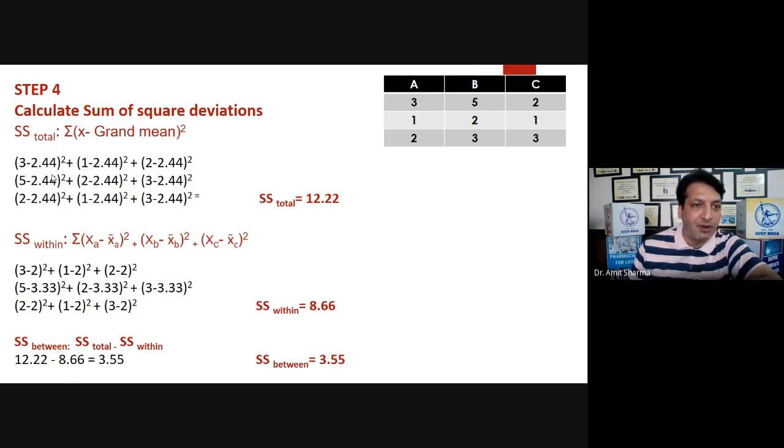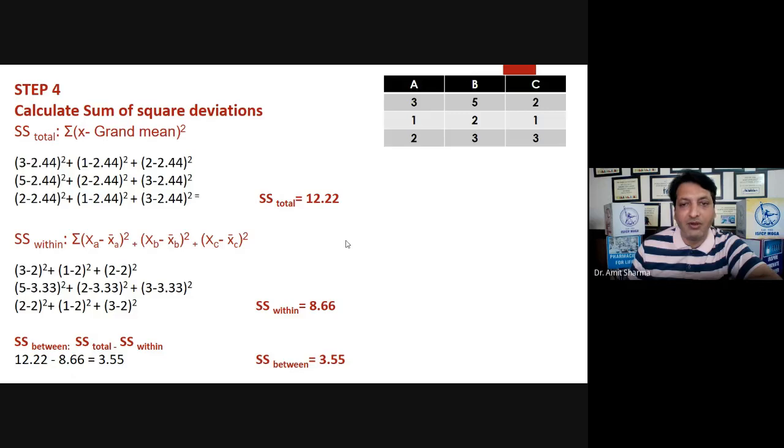So this formula will be applied. For example, if we have 9 observations, 9 times we have to run these steps. So with the calculation, I have already calculated SS total, which was found to be 12.22. SS within was found to be 8.66, and SS between, by using this formula, SS between is equal to SS total minus SS within, that was found to be 3.55.